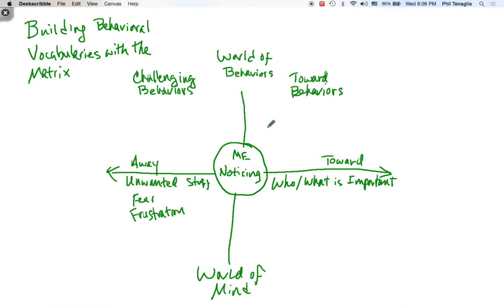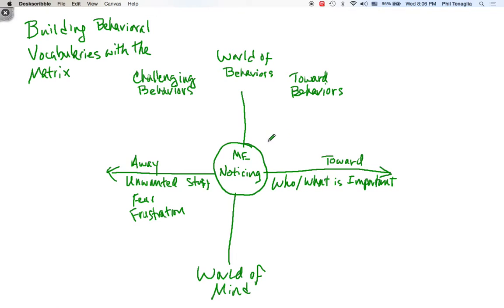Now, today, I want to talk about building behavioral vocabularies with The Matrix. Recently, I just finished giving a crisis training to some staff, and the focus was on dealing with challenging behaviors of students. As we went through the training, it occurred to me that what we're up to here is trying to help students build behavioral vocabularies that work to get them where they want to go.